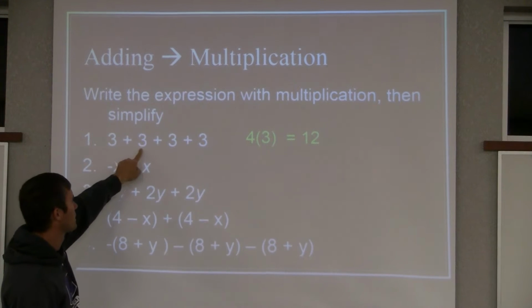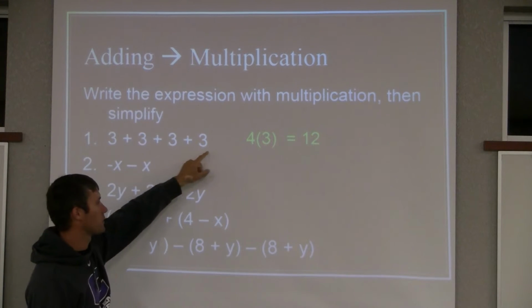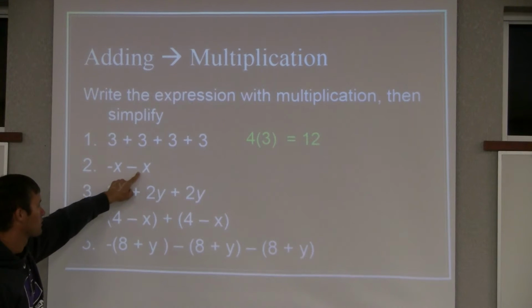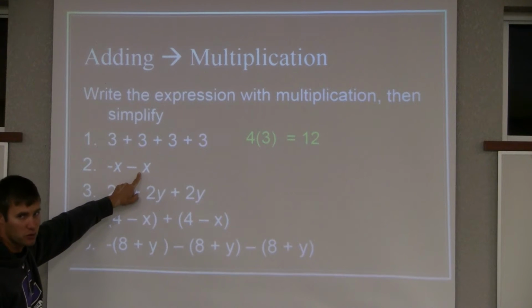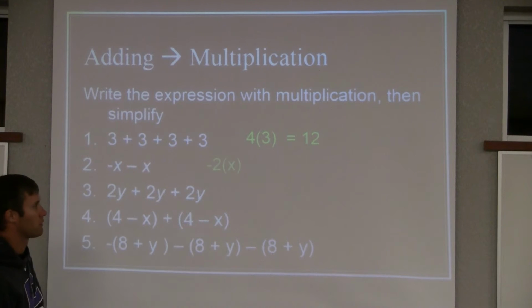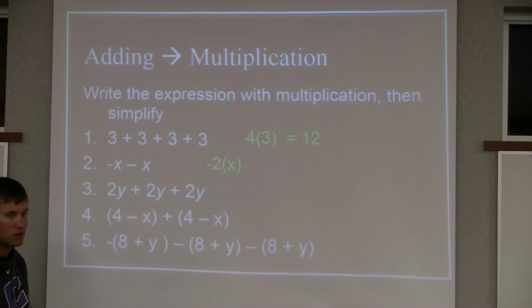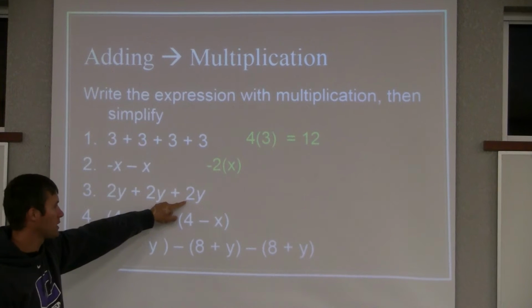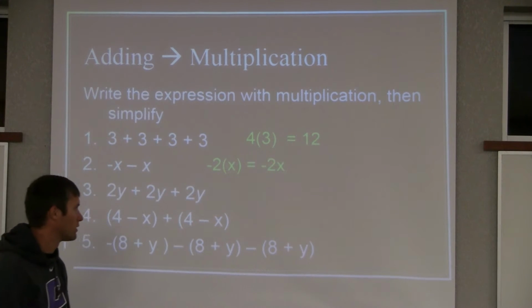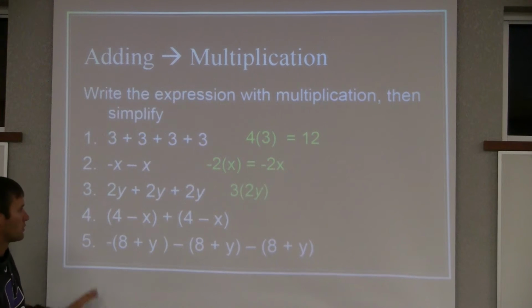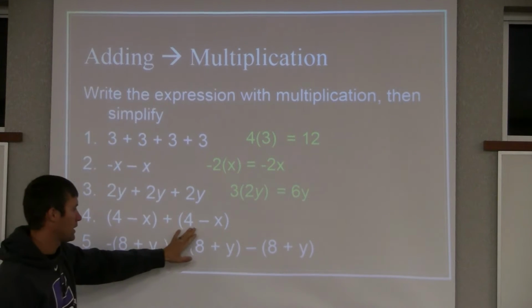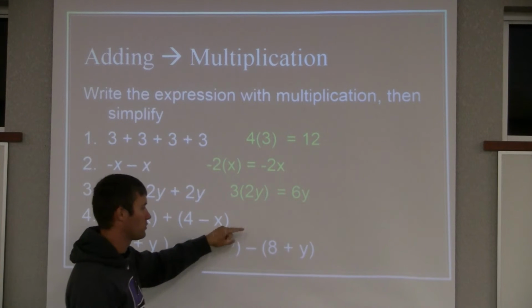If I have 3 plus 3 plus 3 plus 3, I can just write it as 4 times 3. If I have negative x minus x, that's 2 of them, so it's 2 times, and they're both negative x. Okay? I have 1, 2, 3, so I go 3 times 2y, which would be 6y. I have 4 minus x, so I have 2 of those, so I go 2 times